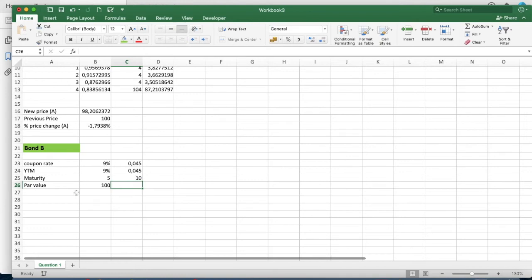Now for bond B there is no need to repeat the table, right? Because since the new yield to maturity becomes equal to the coupon rate, this means that the new current price of bond B is equal to its par value, since the bond is offering the same rate as the remaining bonds of the market, right? So the new price of B is equal to its par value, $100. Remember that the initial price